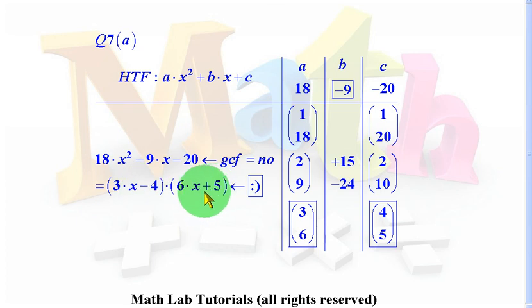At this stage, you do inside, outside to figure out the signs. When you do the inside, you get 4 times 6, which is 24. And we need negative, so that must be negative 4. When you do the outside, you get 3 times 5, which is 15. And we need positive, therefore that must be a plus sign. So that's how you factor hard trinomials